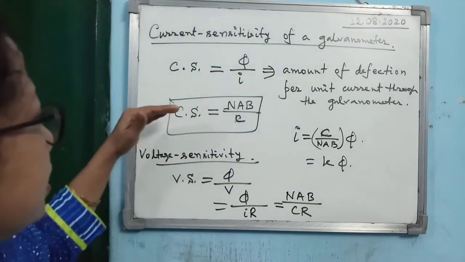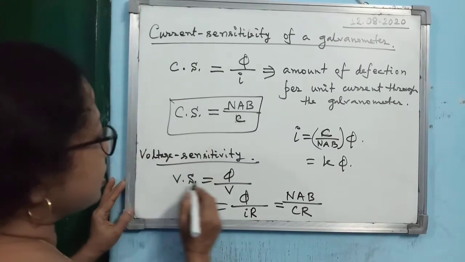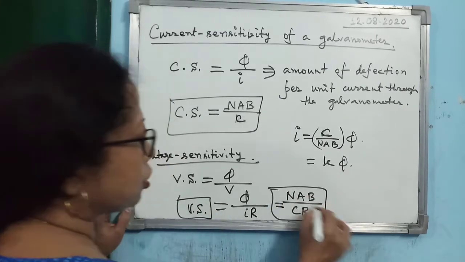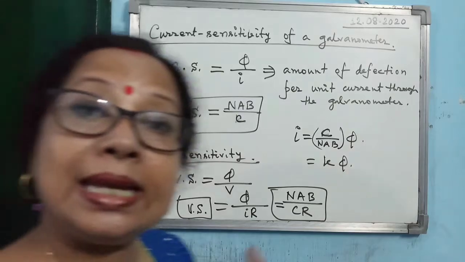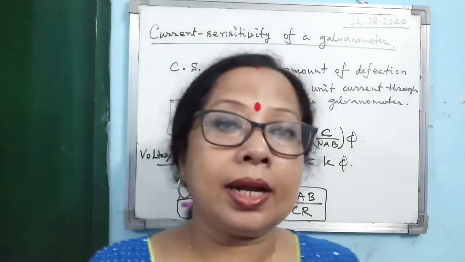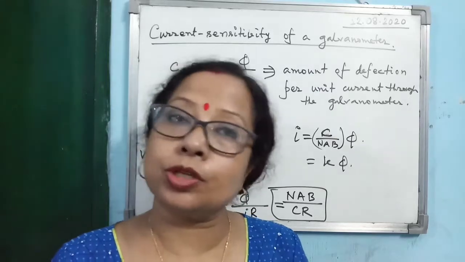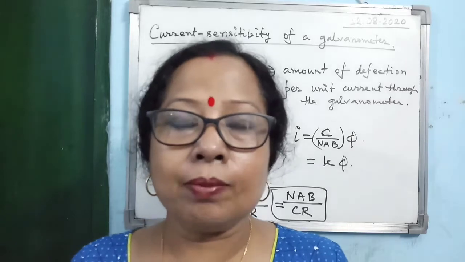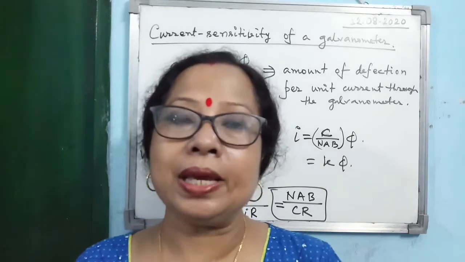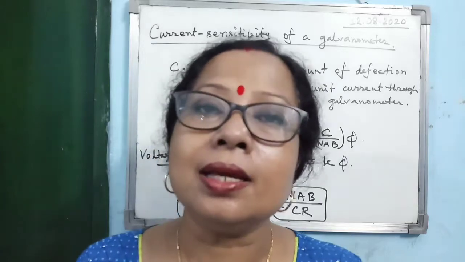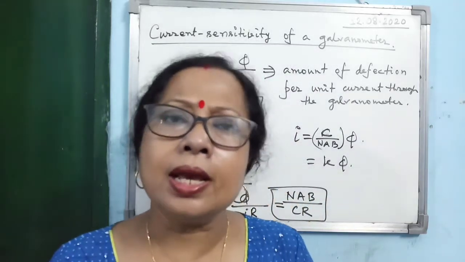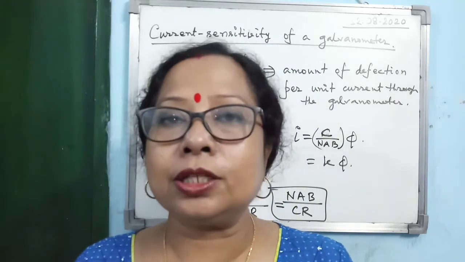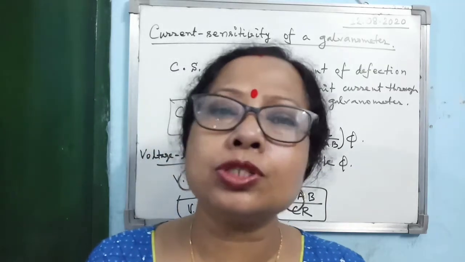Alright. So these two relations, current sensitivity and voltage sensitivity, you must learn and remember for solving the numericals. Now here I am discussing how you can increase the current sensitivity. If the question comes how to decrease the current sensitivity, then hopefully you will be able to write the answer. You can decrease the current sensitivity by decreasing B and by increasing the value of C. Instead of phosphor bronze fiber, you use any other material whose C is much higher, and for B do not use a soft iron core.